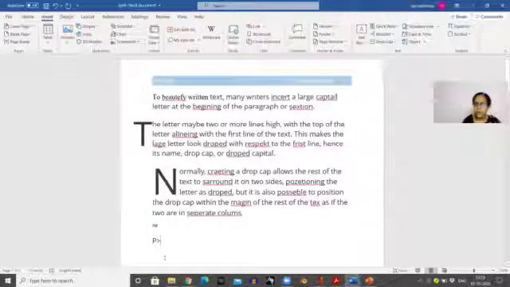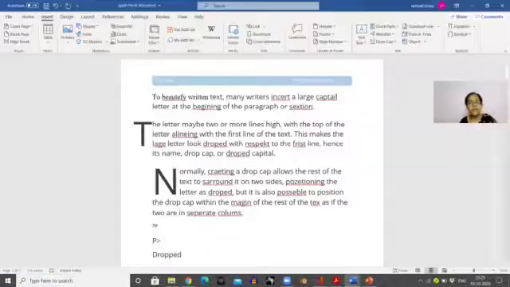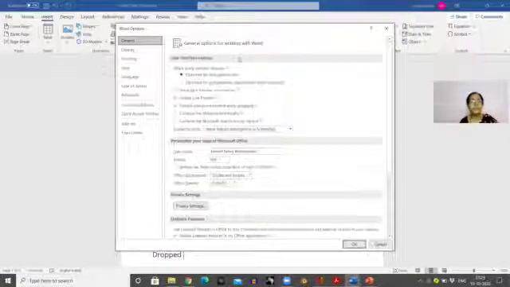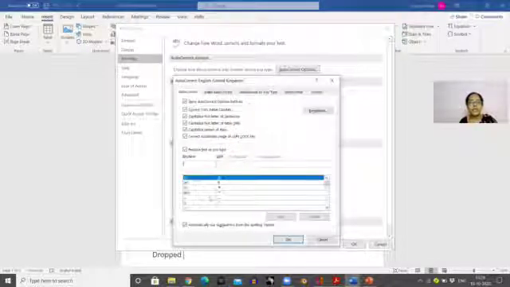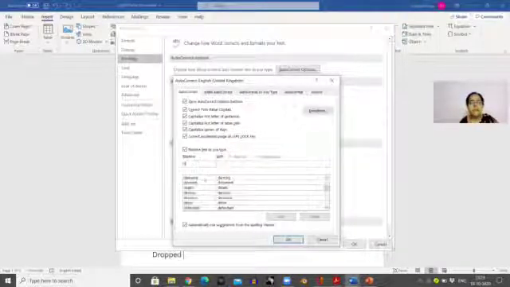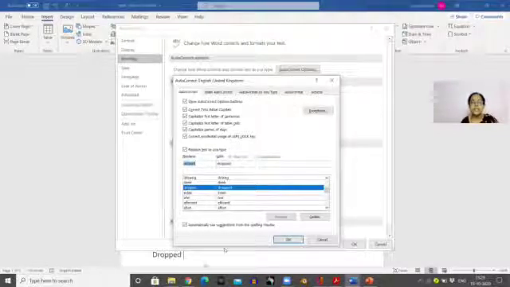So as I type the word wrongly, you see the word is automatically corrected because it's gone into the dictionary of autocorrect. Now I don't want this word in the dictionary. There is an option where you can remove words when we are not using them. Same way, go to File, select Options, go to Proofing, go to AutoCorrect, and once you type D-R, you'll get the word here. See, D-R-O-P-E-D. You can select this word. I don't want it in the list.